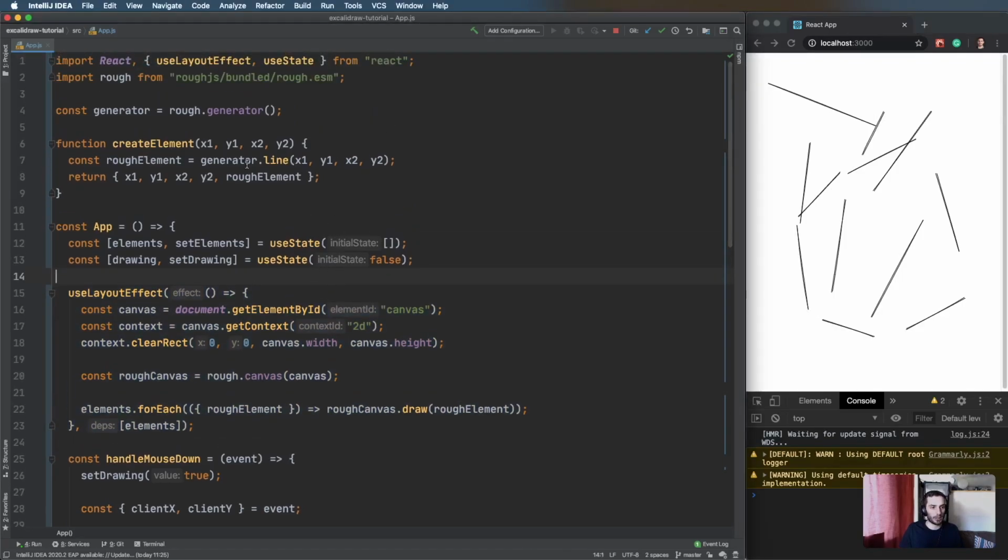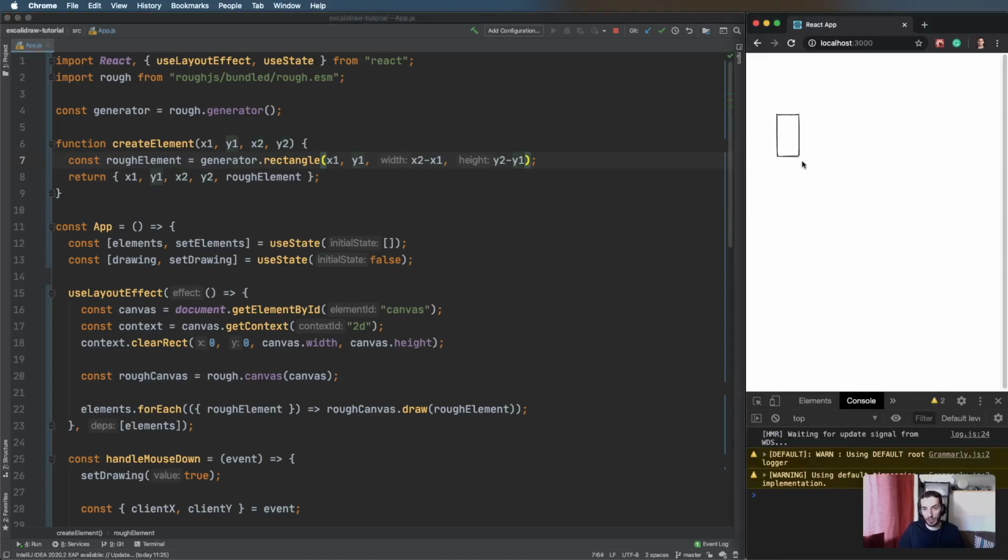The really cool thing here is, because we've hidden away this create element, if we want to draw a rectangle, we can just replace this with rectangle. And of course, instead of x, y coordinates at the end, this one takes in the width, so we just need to do x2 minus x1 and y2 minus y1. And all of a sudden, we're drawing rectangles. So you can see how you can start to build up all the different